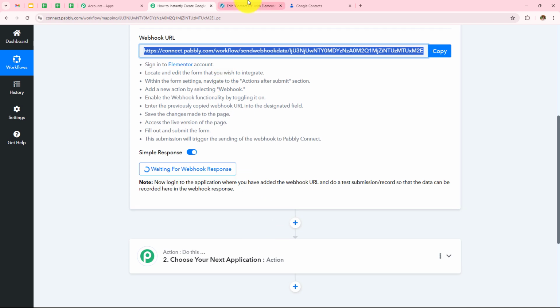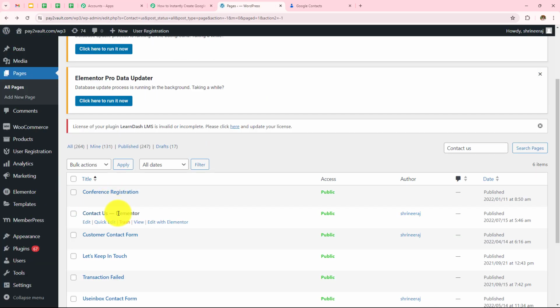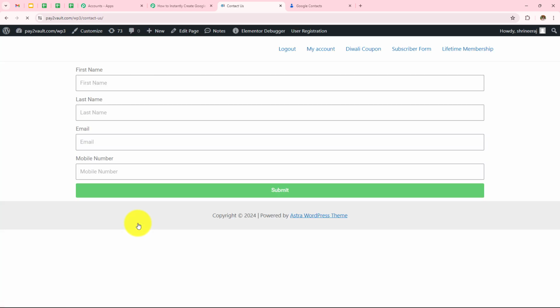So let's go back to the Elementor form and over here this was our form. Simply click on view. And let's enter some dummy details over here. So let's say my first name is admin, my last name is user, my email address is admin@pablitudes.com and my phone number is